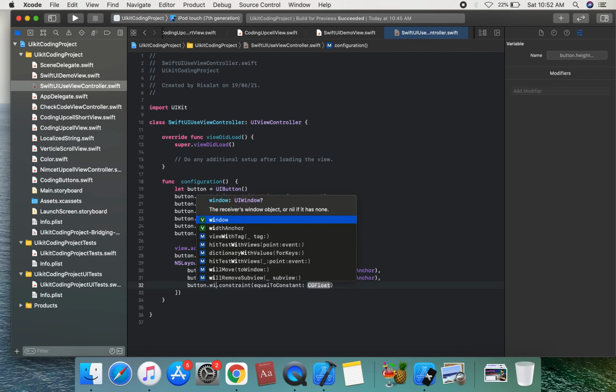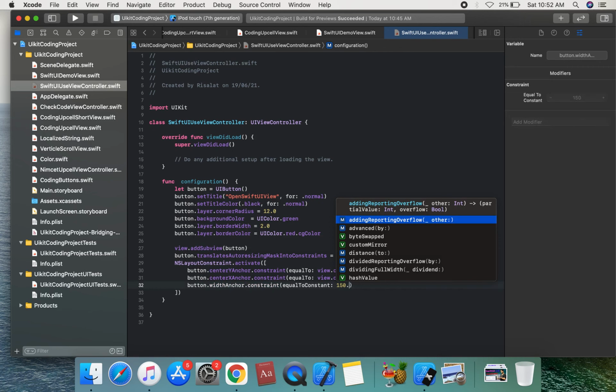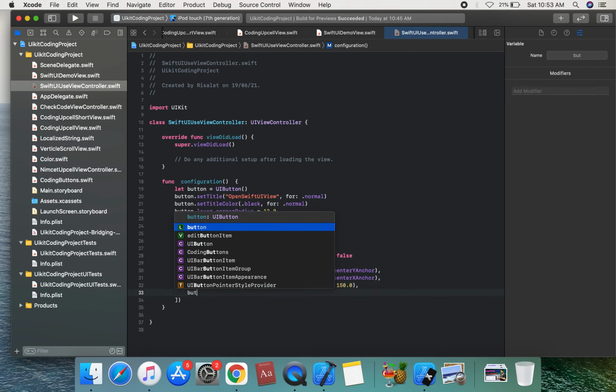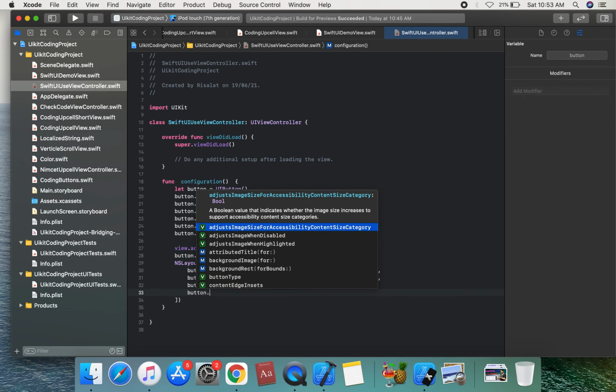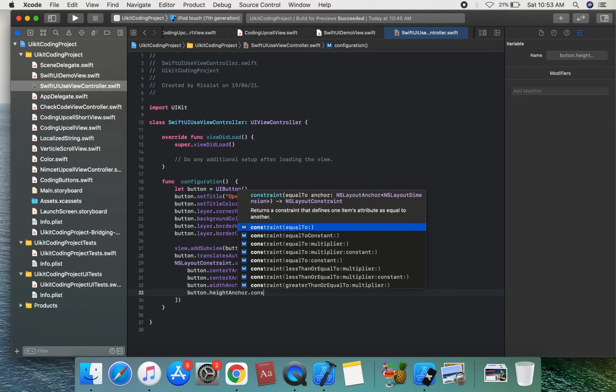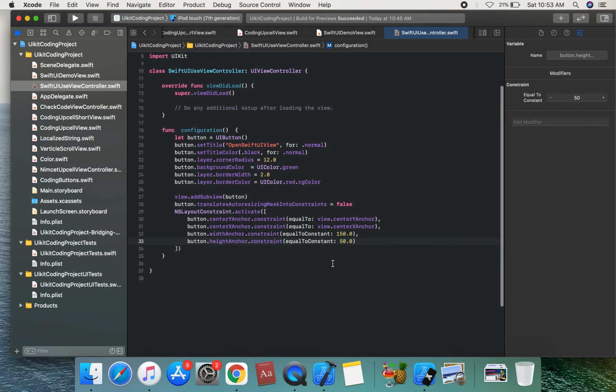Then we apply the height on this button: button.heightAnchor.constraint equal to constant. Suppose the height is 15.0. We apply this height of 15.0, and we set all the button properties.